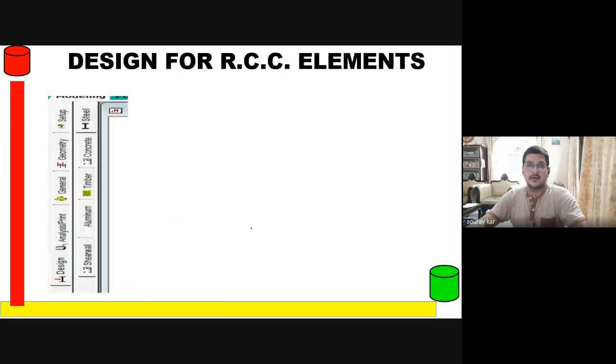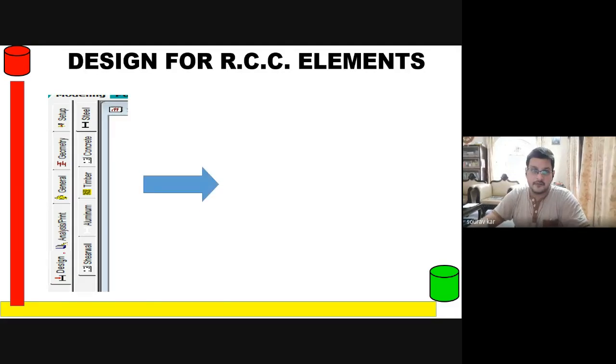So first, what will I do? I have taken the snapshot after post processing. Very important: after the analysis is complete and the program is error free, I will go to this design. We go to modeling mode and click on design, and you will see steel gets automatically selected. But we have to select concrete.